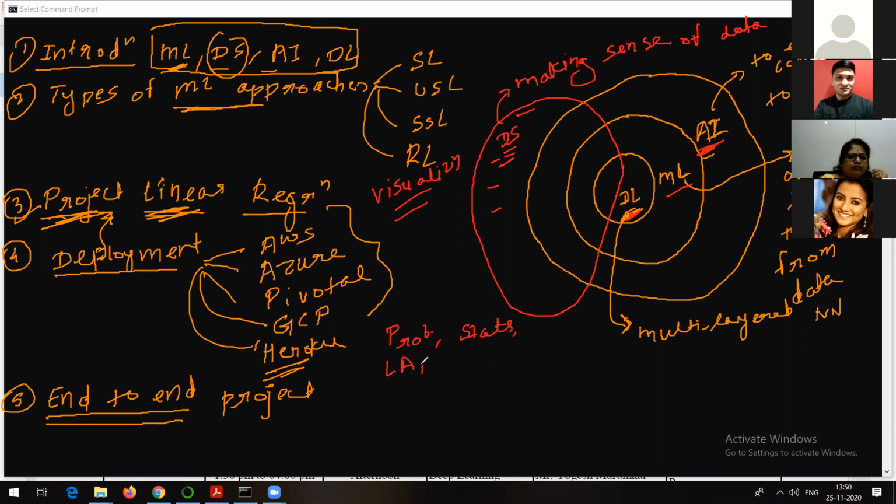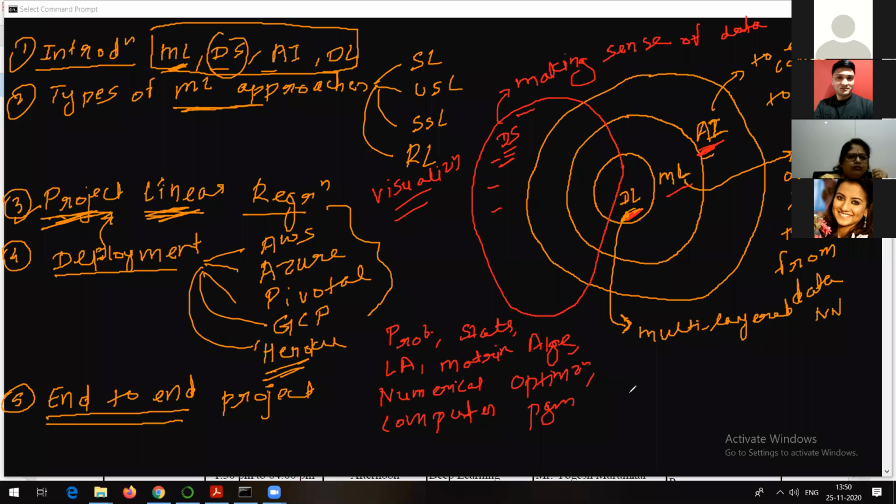Then linear algebra is there, then matrix algebra is there. These are the fundamental tools which are required. Or you might have heard about something called numerical optimization, right? There are numerical optimization methods. And obviously, last but not the least, computer programming.